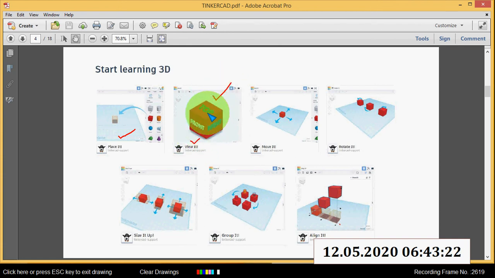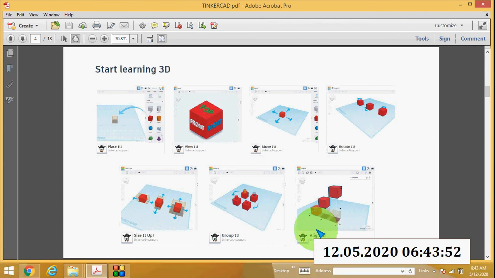You can see different views: top view, front view, right side view, etc. You can move the shape in the work plane, rotate the shapes, and increase or decrease the size of the shape. Then you can group one or more objects together, and you can align different shapes in the work area of the 3D design.